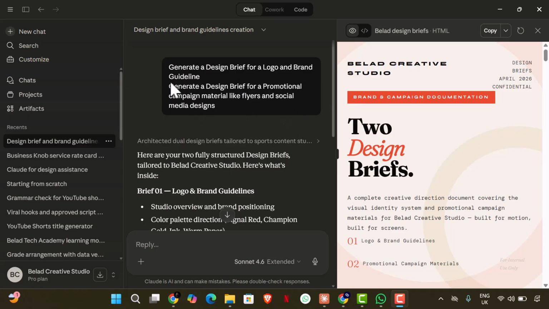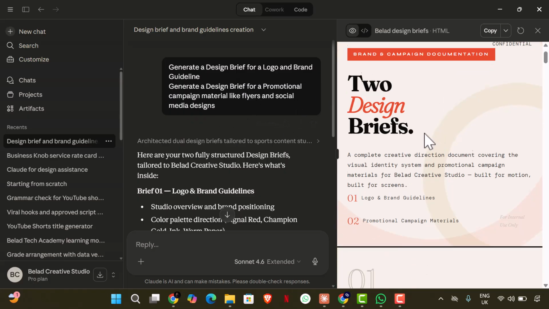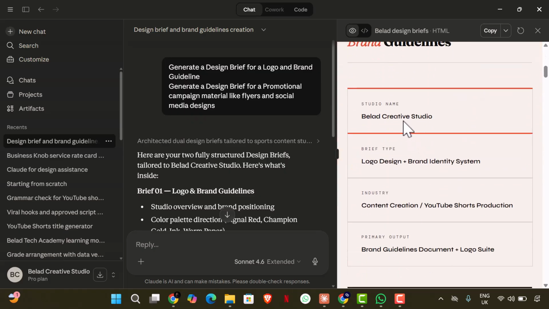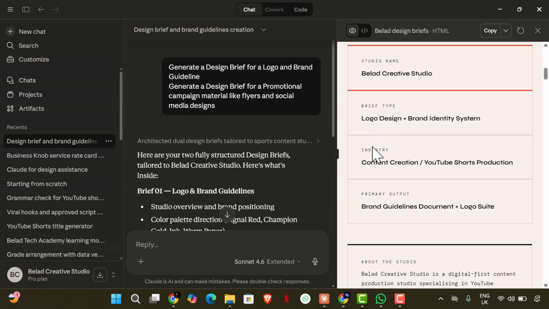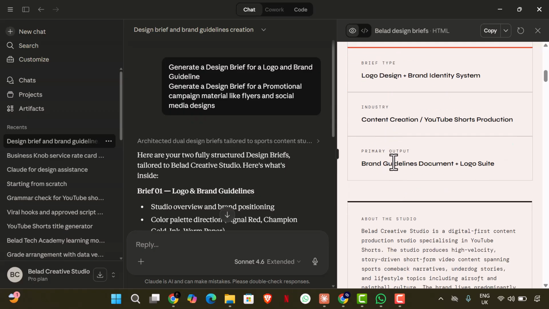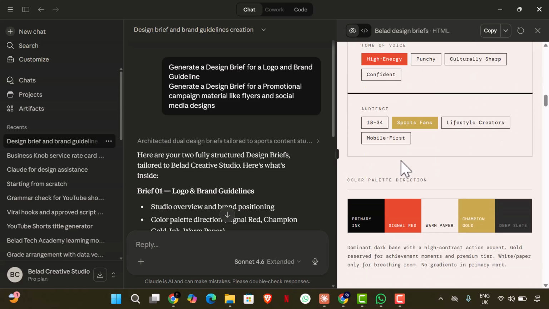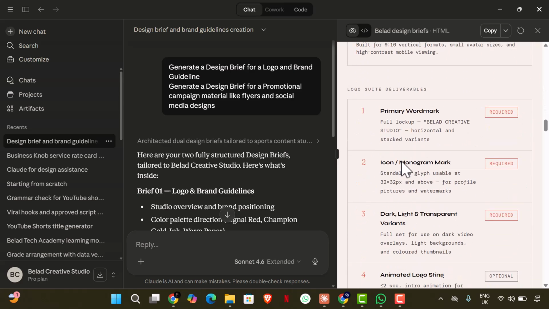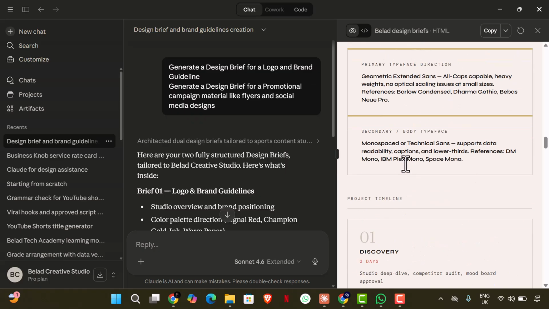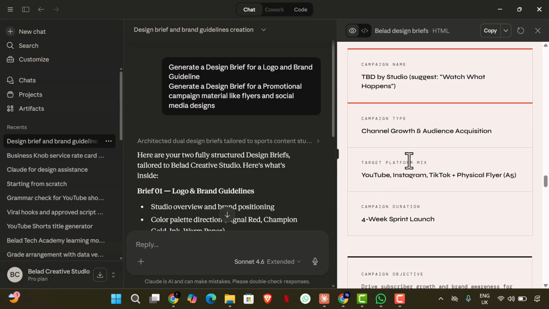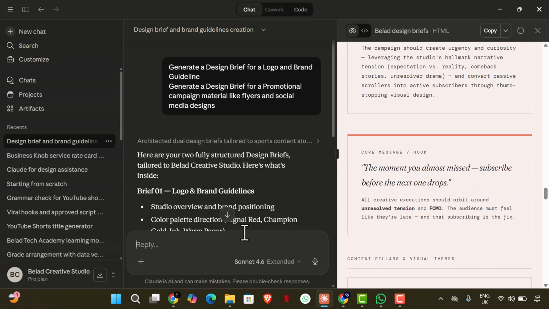Now we have a design brief right here. You could see you have your name, your brief type, your industry, your primary output and all that. So this is now a design brief. What I want to do now is to make sure we create a design brief document, not something like this. So what I asked for